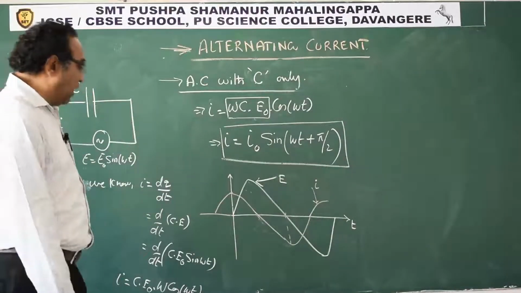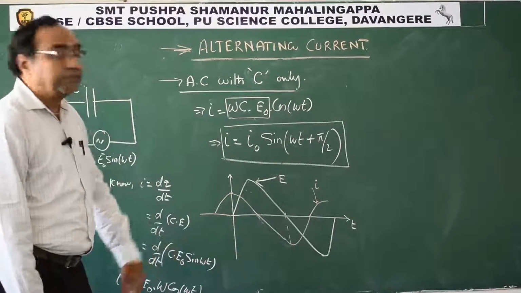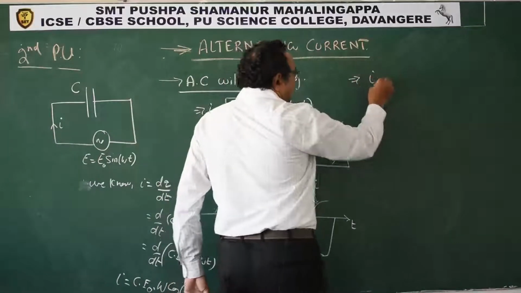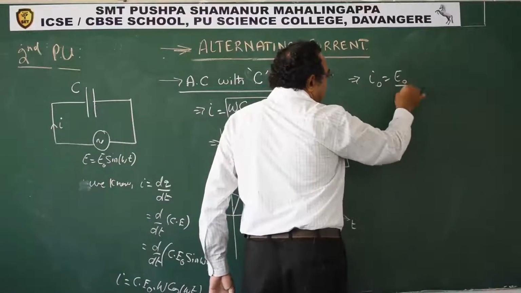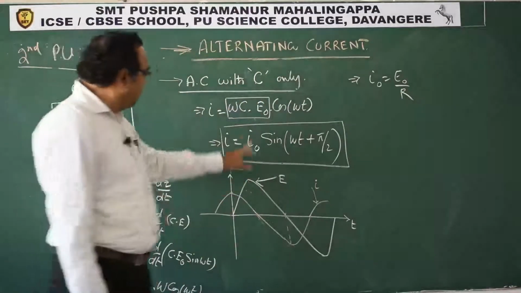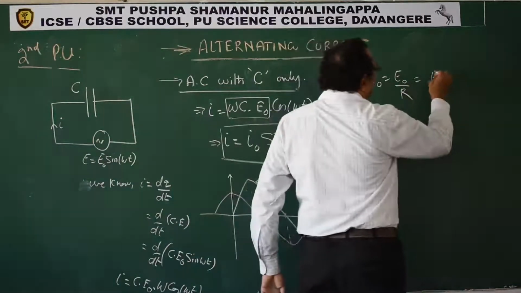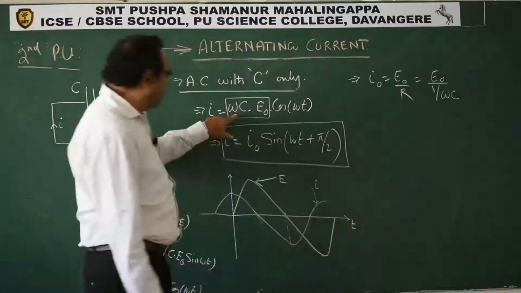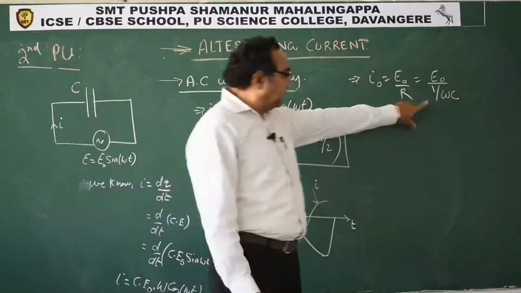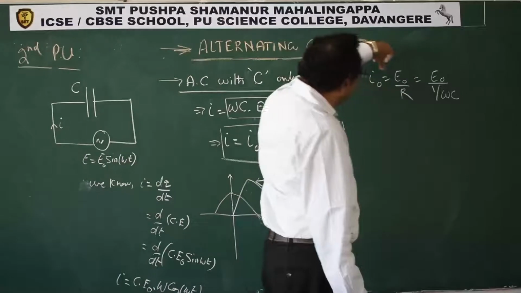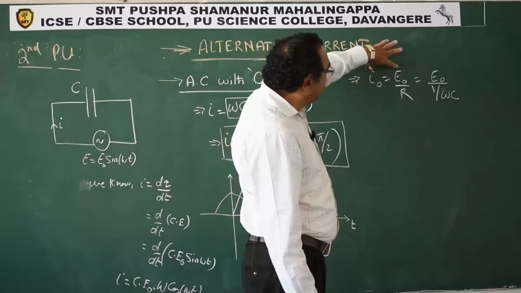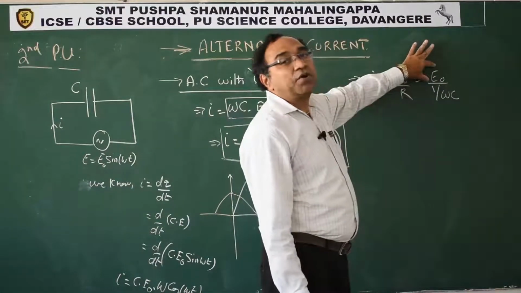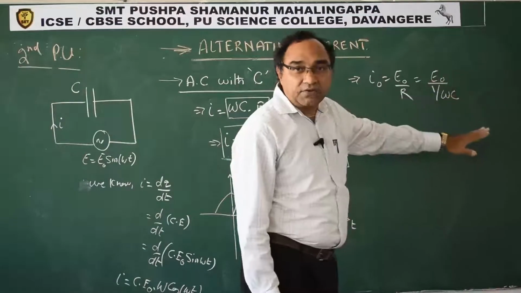Let us try to understand what is happening. What is the root cause for this phase difference? I naught, if you remember in the previous equation, we wrote it as E naught by R. Here for I naught, we can write E naught by 1 by omega C, because omega C is in the numerator. Why are we writing like this? Because I want ampere. Ampere is volt upon ohm. So I will keep only the term containing volt in the numerator. The rest of the term I will send to the denominator.